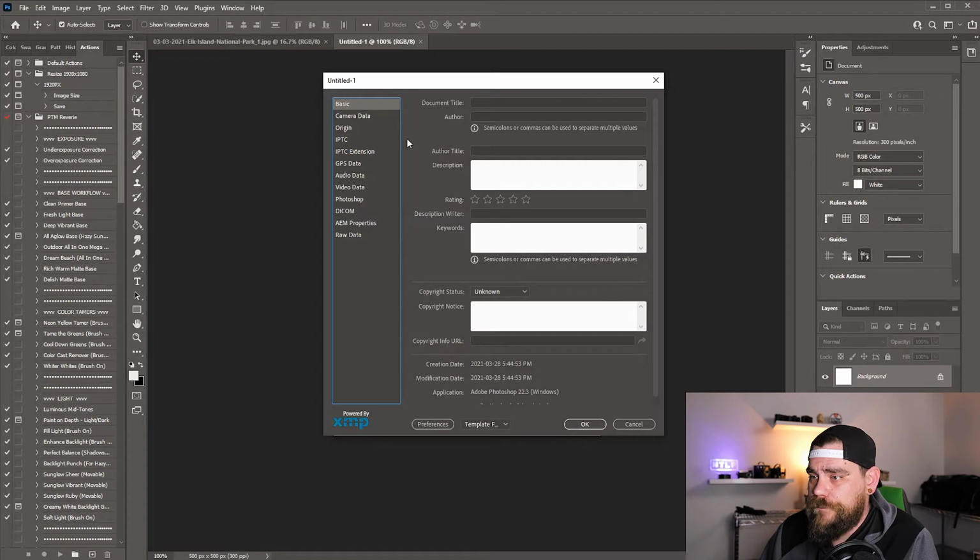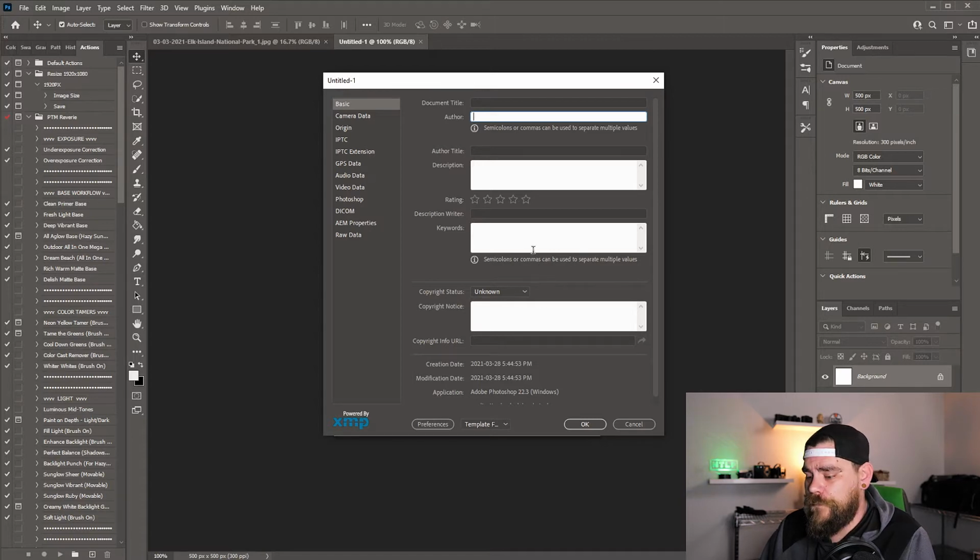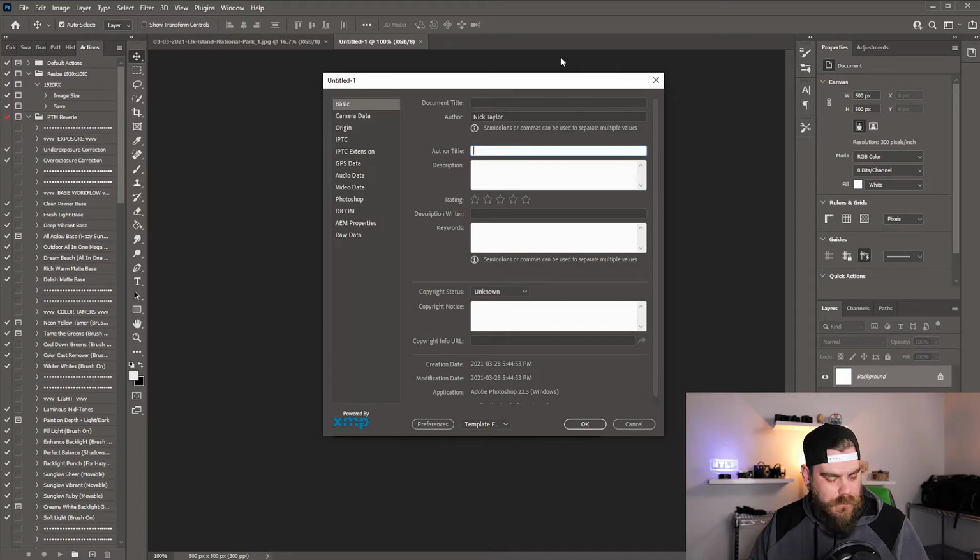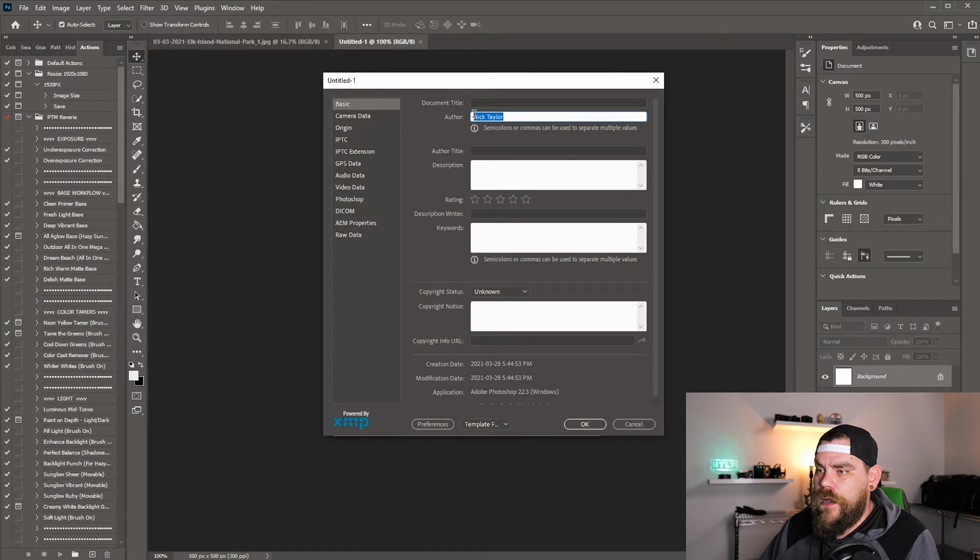Under Basic, this is where you're going to put your name. So let's go Nick Taylor. All right, so next, after you type in your name for author, you're going to want to come down to this copyright status. Right now it's listed as unknown as default, so what you want to do is click that